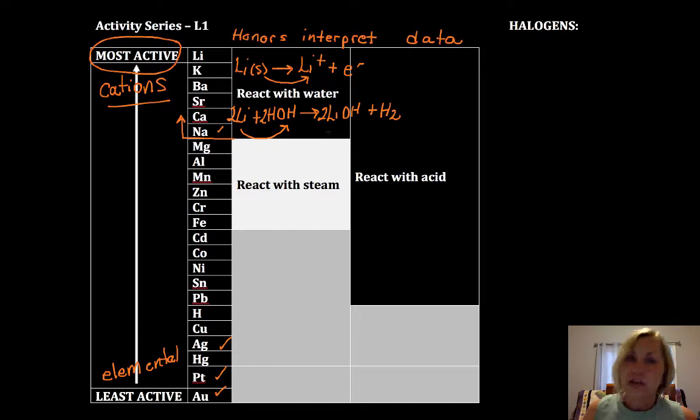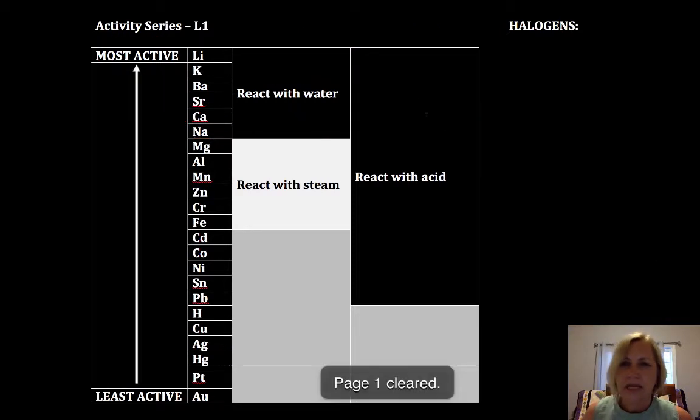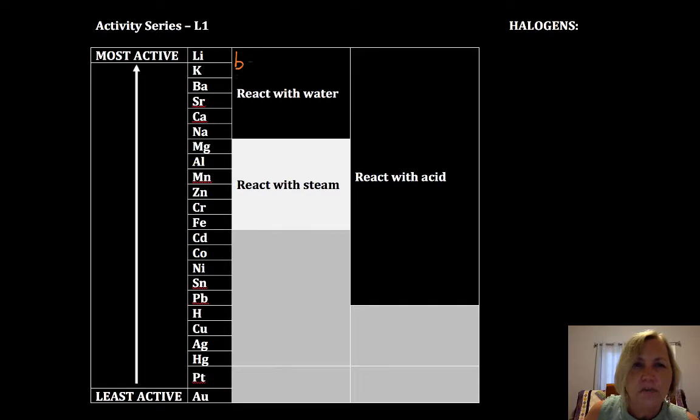All right, I just want to get you the general concept that solid lithium becomes lithium hydroxide. Hydroxides are called alkalines. So if it's basic, it's an alkaline solution. And that's why we call these the alkaline earth metals, because they make bases when they are in water. So if you are in IB, what you would want to know for these is these are basic anhydrides. So when they're by themselves, without water, they're an anhydride. When you put them into water, they're going to make a base. Okay, now